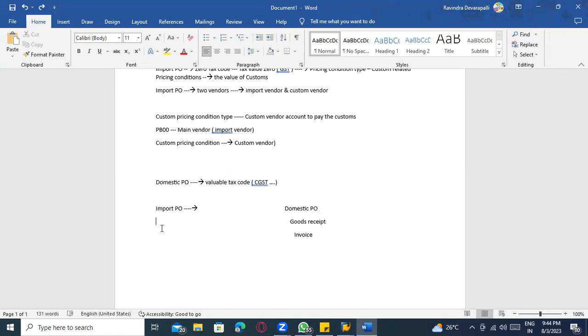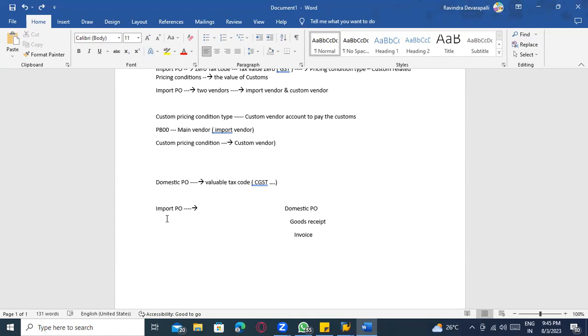You need to pick the stock from the custom department, because even if the vendor says he already dispatched the goods, you have not received them. In the import procedure, the stock is initially handed over to the custom department. The department clears all the dues, and only then will they release the stock.